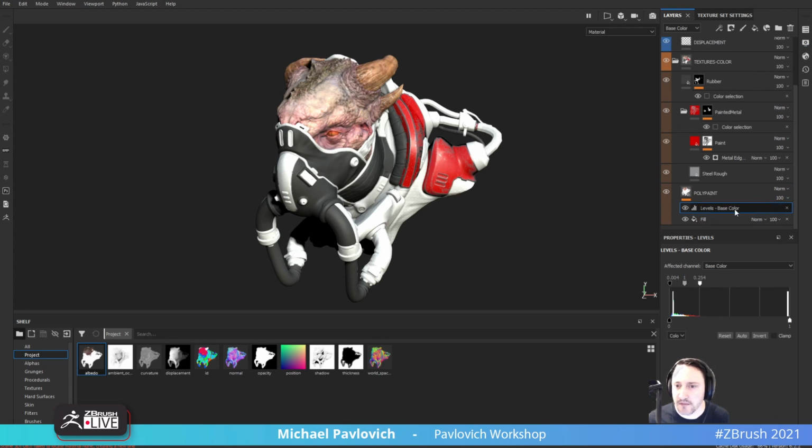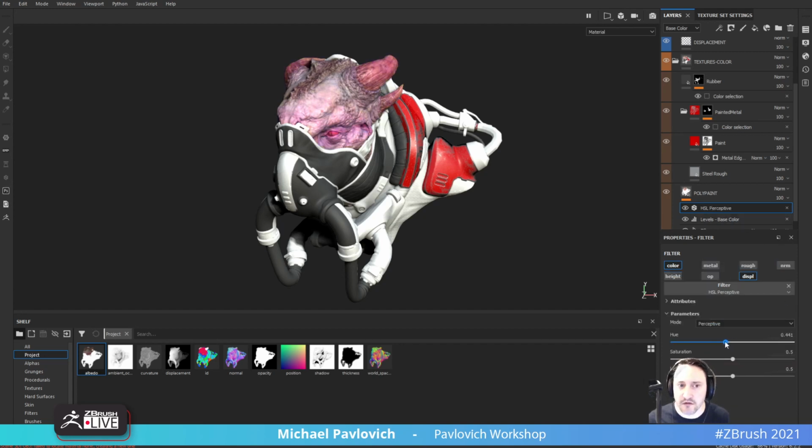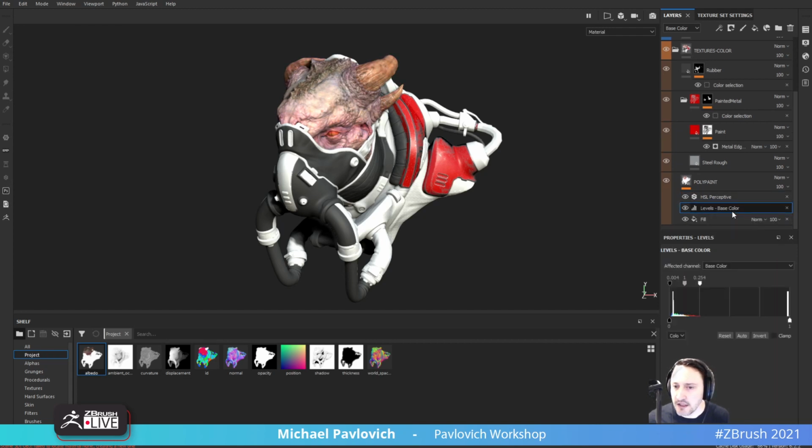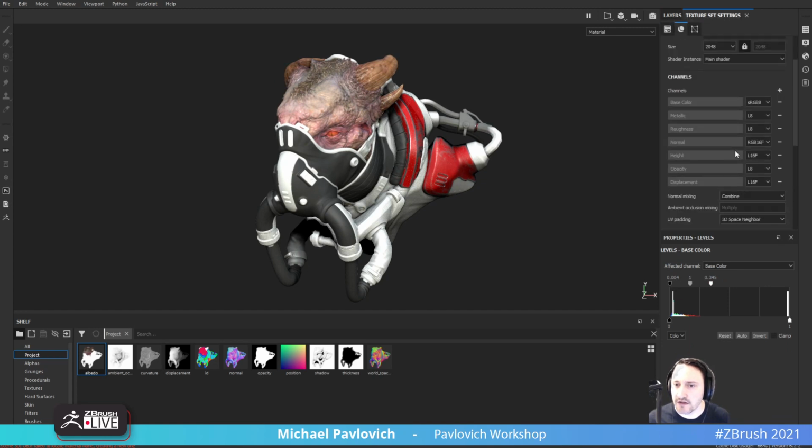The HSL is cool and all. You can use this to dial in. You can use gradients too, but if you wanted to make an overall hue shift change to the creature, that's where you can do that. But here, we got that. And like I said before, if we want to go through and do our texture set settings,